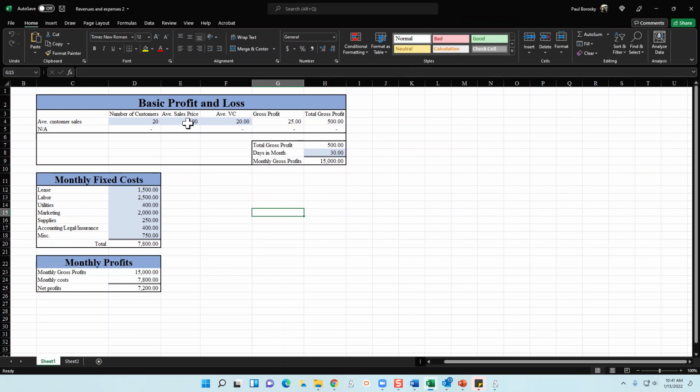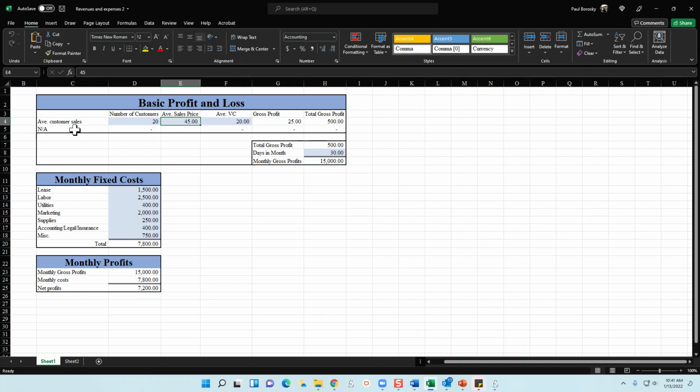The way this is structured is I've got it broken into 3 segments. First segment is the revenue segment. Next segment is going to be your fixed cost. And then finally, your monthly profits. So the way that I've structured the revenue segment is we're going to identify how many customers we're going to be working with, or how many customers are going to be buying products on a daily basis. For this example, I'm saying that we're going to be able to achieve 20 customer sales daily, and each one of these sales, on average, is going to be about $45.